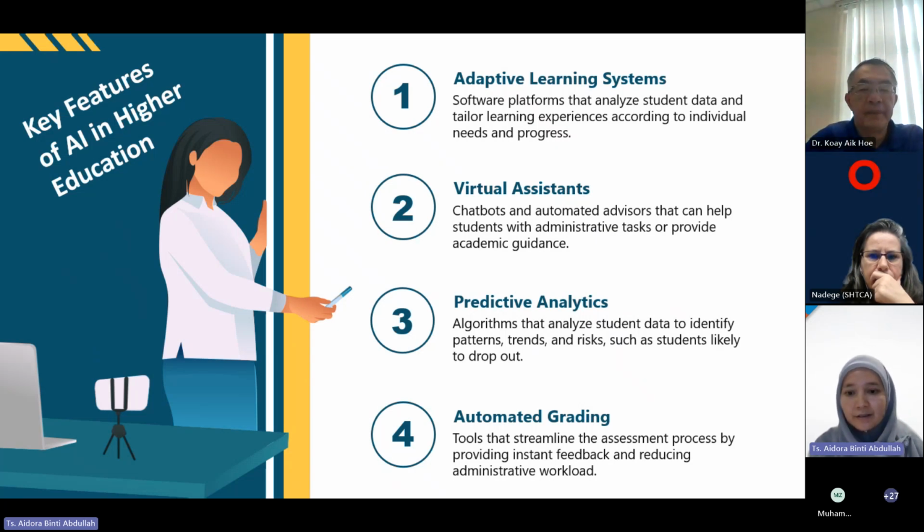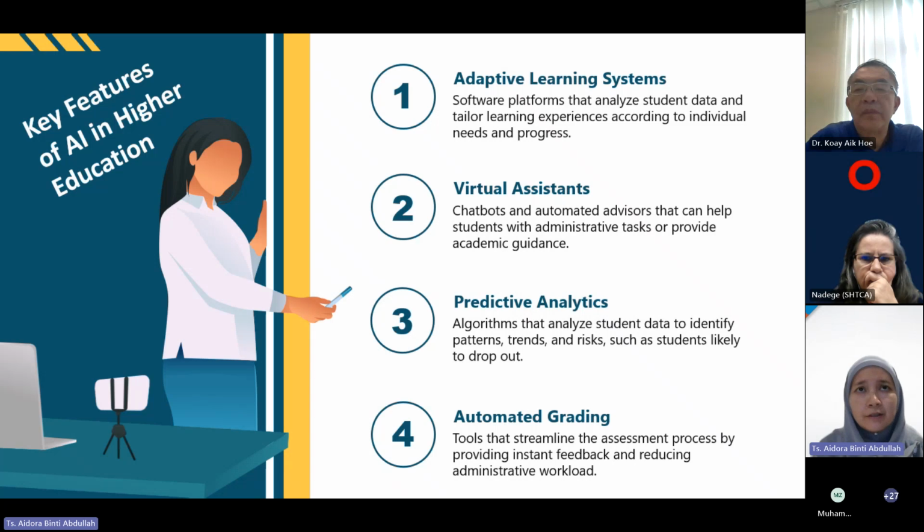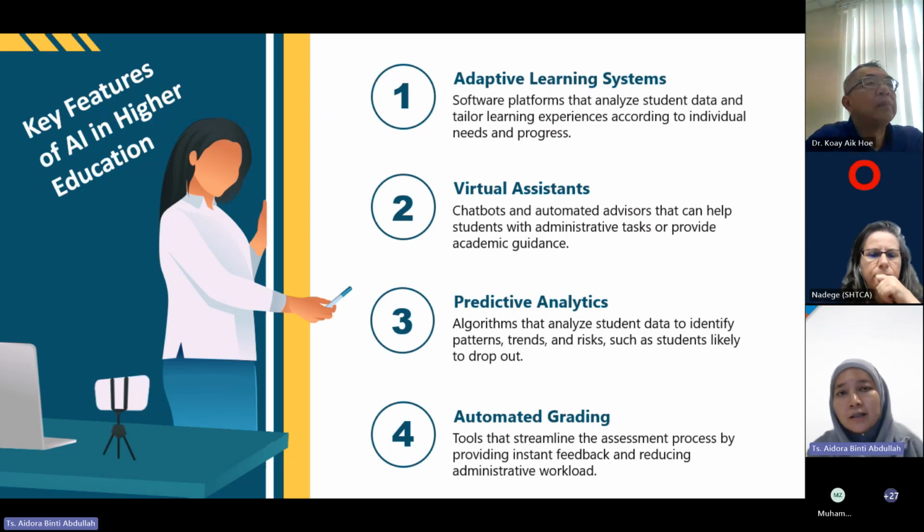The example of the video just now, what Khan Academy is doing, is an example of an adaptive learning system. And it's also an example of number 2, which is a virtual assistant, sort of like a private tutor. These are mainly chatbots, like ChatGPT and any automated systems that can advise